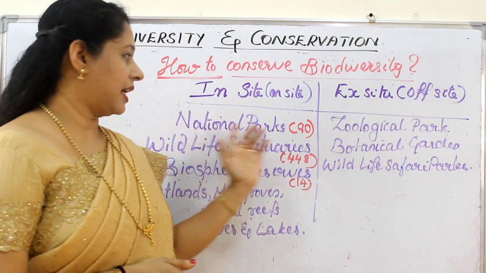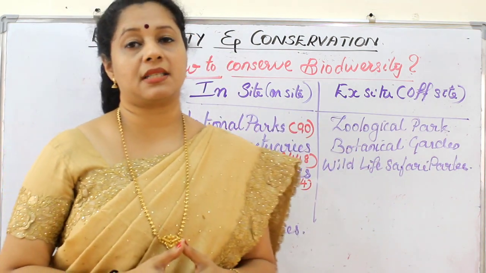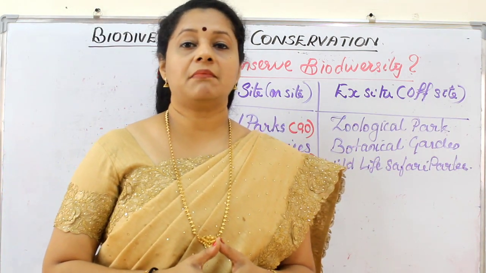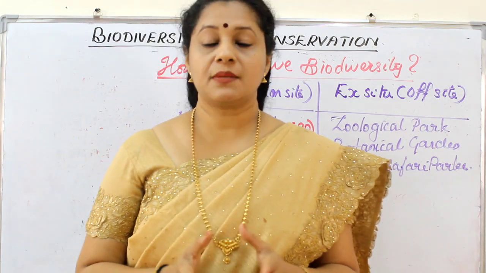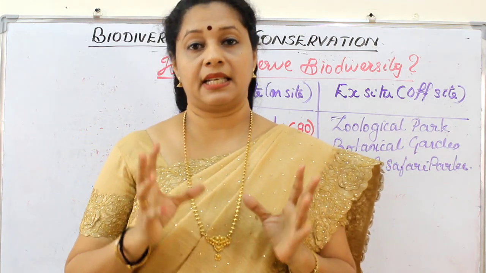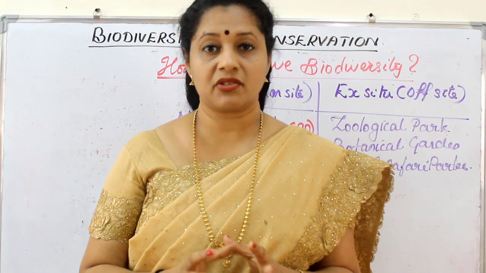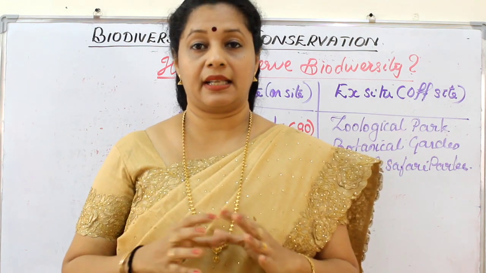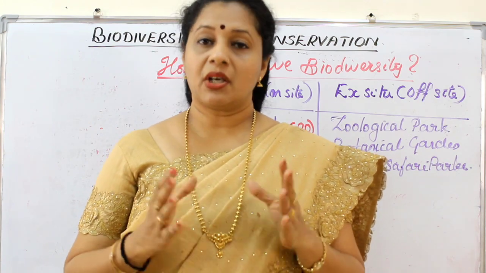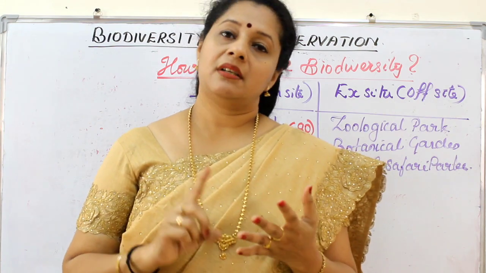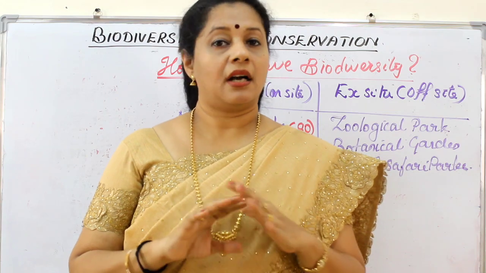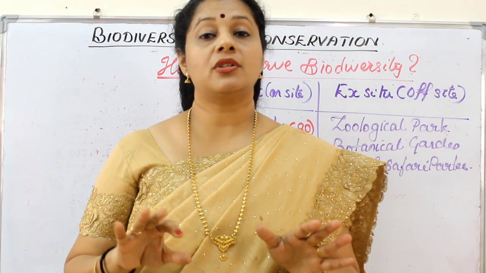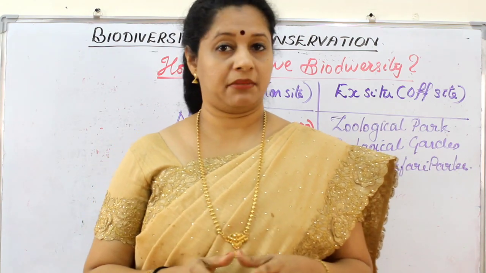Now, next is national parks. Around 90 national parks are there in India. The national parks are protected areas for wildlife. Basically, they are protected by the Government of India, the central government, for both the plants and animals living there, or the entire wildlife. Because of that reason, plantation, cultivation and grazing are not allowed, and private ownership is also not permitted.